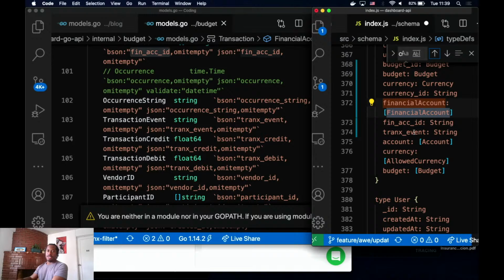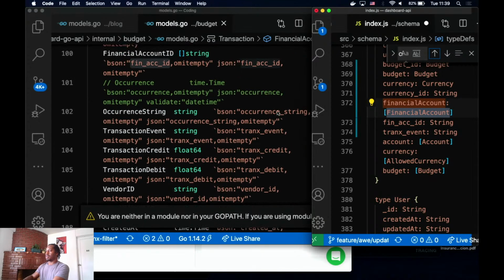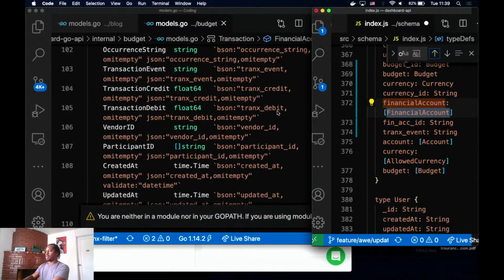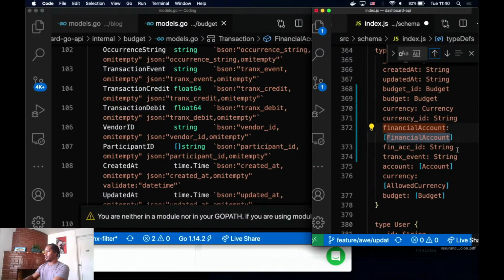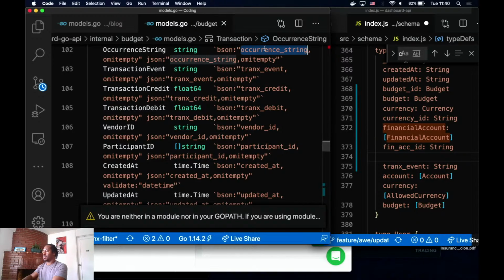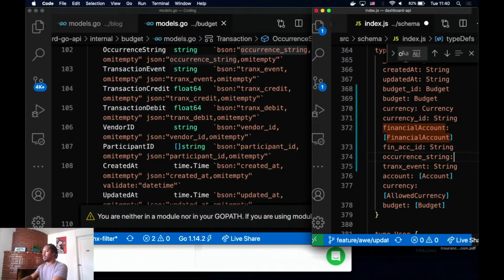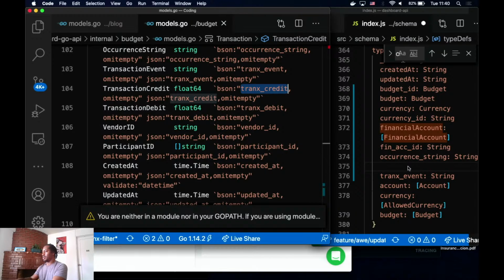Transaction event. Transaction event. Okay, not there yet. Occurrence string. This is basically a date. Transaction event. String. Transaction credit.